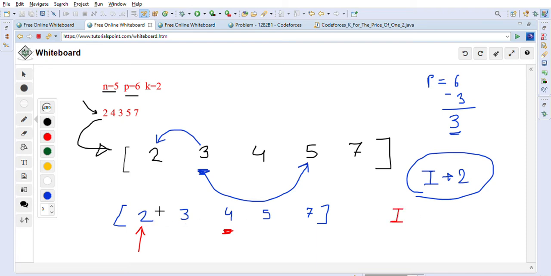So for the 2 item, now the price is 6. Now the item with price 2 we can buy, so we will buy this 2 and our item count will become 1, and the price will become 6 minus 2, which is equal to 4, right? 4 is the price. So we will take this 4 and we will go alternate, starting from this point now, not 3 as previously. Now we can start with the 4 point.